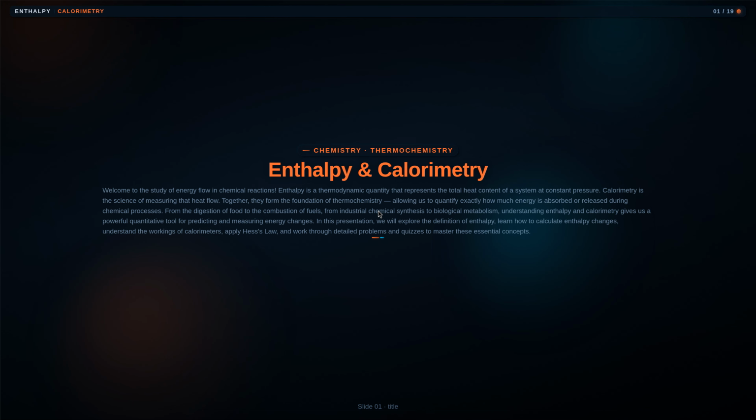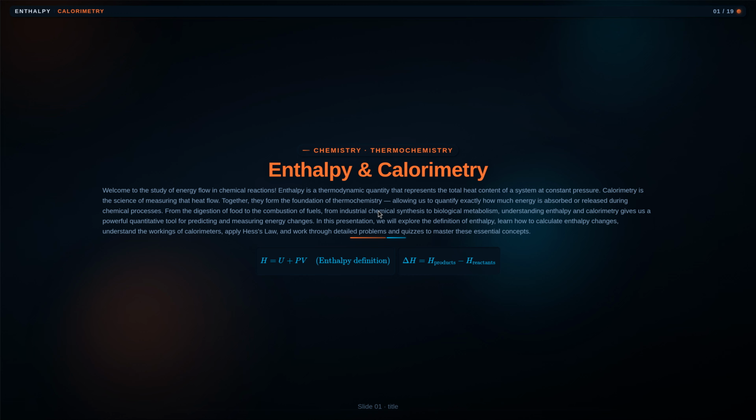Welcome to the study of energy flow in chemical reactions. Enthalpy is a thermodynamic quantity that represents the total heat content of a system at constant pressure. Calorimetry is the science of measuring that heat flow. Together, they form the foundation of thermochemistry, allowing us to quantify exactly how much energy is absorbed or released during